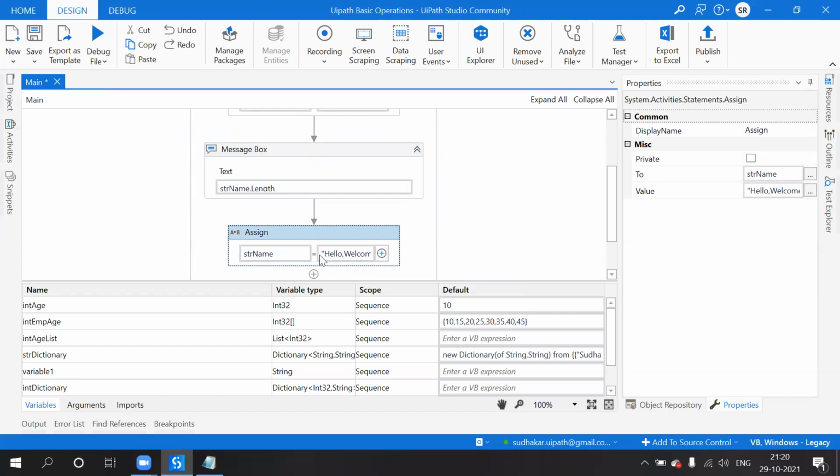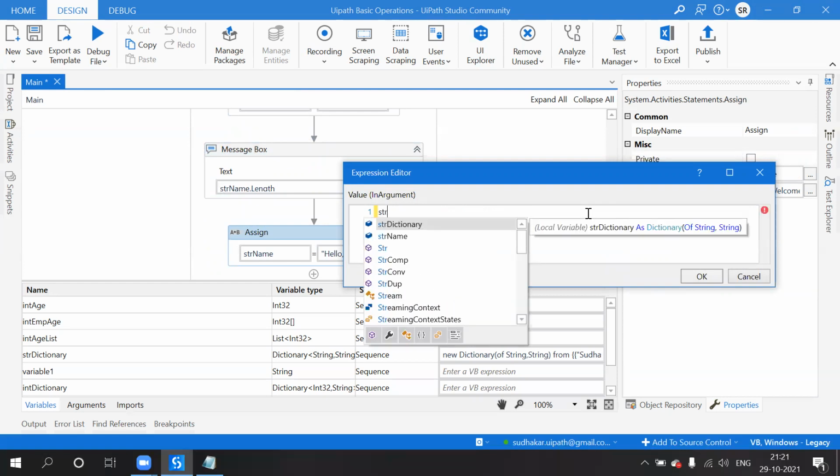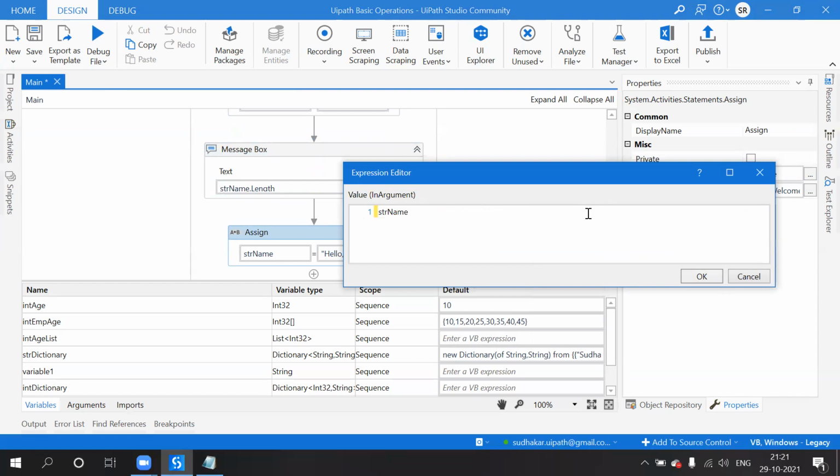Now what we have to do, we need to remove that space, right? So we have to use, see where the value is available, under the str name variable dot. So these are very important from an interview point of view, as well as when you are working in real time.